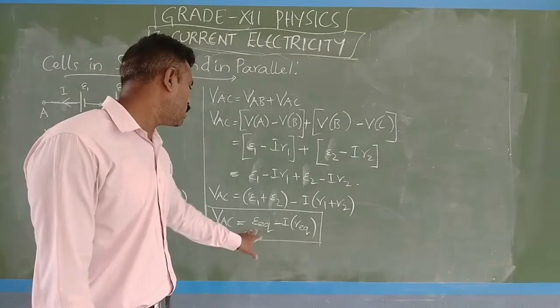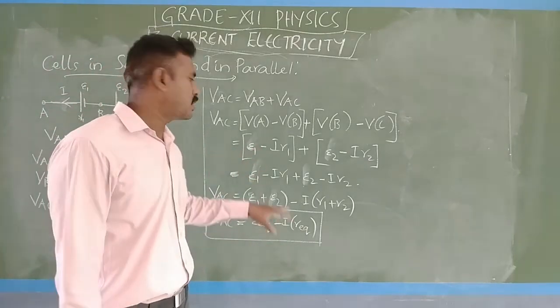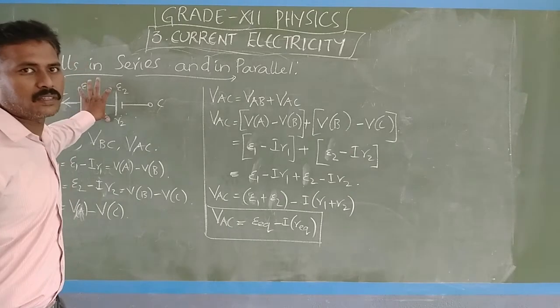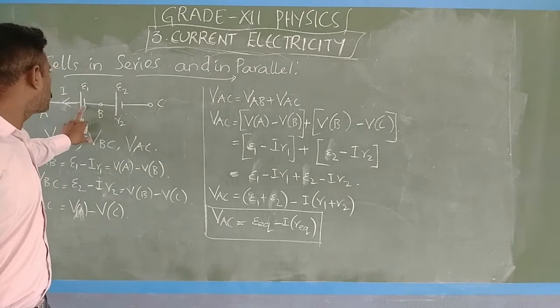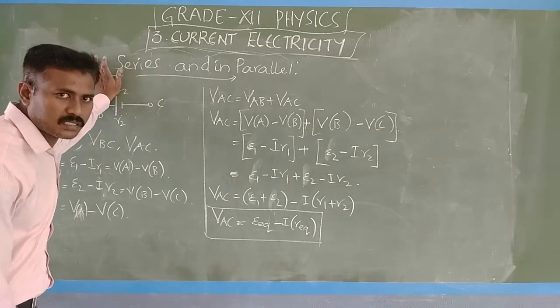Okay, so in case any of the cells is connected oppositely, that is plus to minus, in case if this